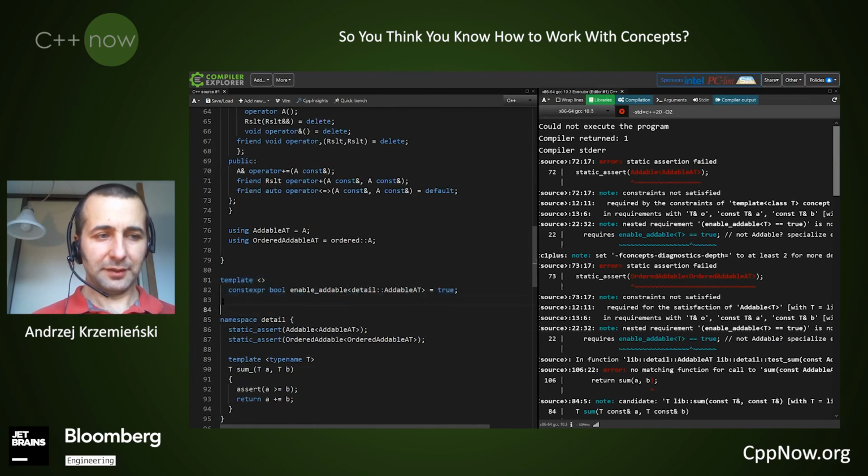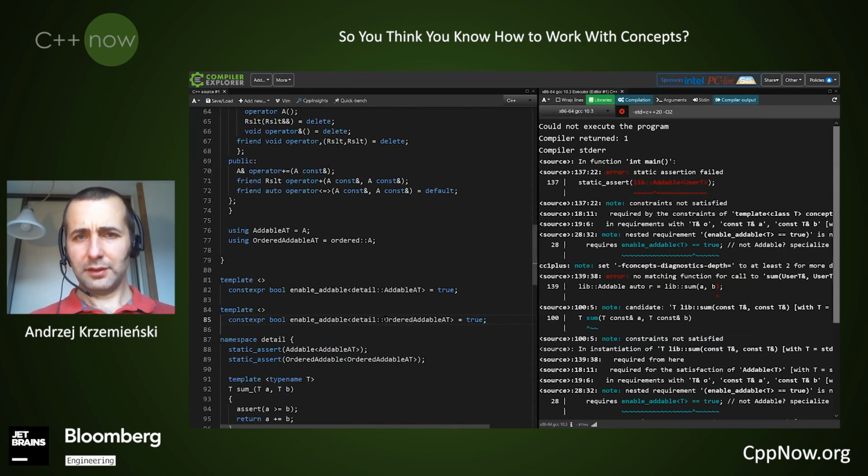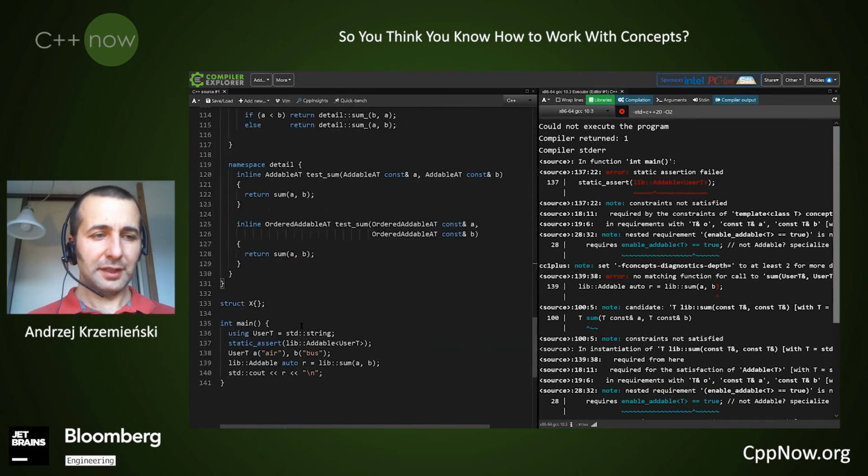And for the other one as well. Let's check it. Yes, it works, because now the error is from the line 137, which is type string. So we got what we want.